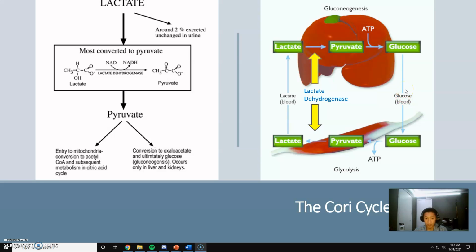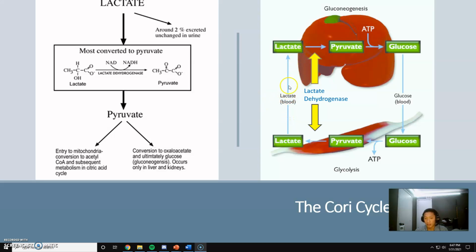We're going to start off talking about glycolysis first, as glucose is converted into pyruvate, and it can either go aerobically into the Krebs cycle or anaerobically into the Cori cycle. For this case, we're going to talk about the Cori cycle. It starts with glucose breaking down into pyruvate, and here it's assisted by lactate dehydrogenase to convert into lactate, which is then transported to the